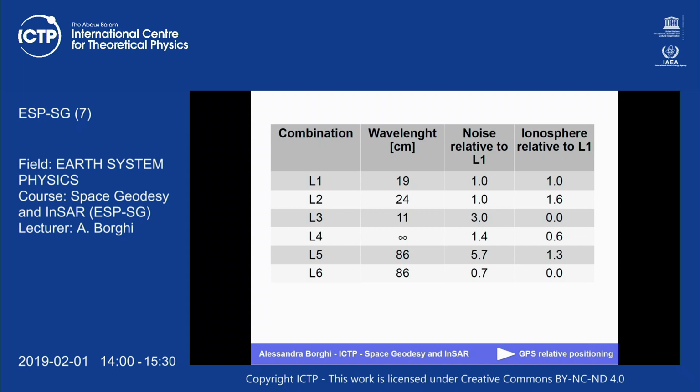And with L5 a higher value, and so on. And we also have a different wavelength of the signal. So sometimes it's important to use a combination with a long wavelength, because it's easier to repair a big cycle slip. To give you a very practical example,